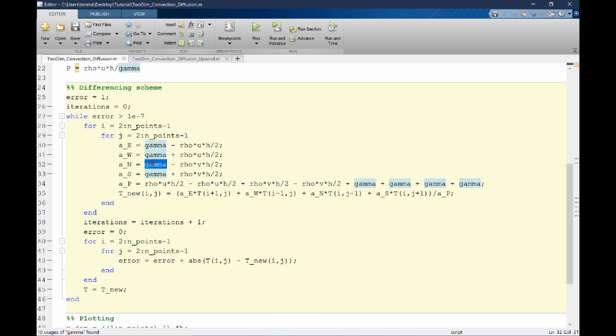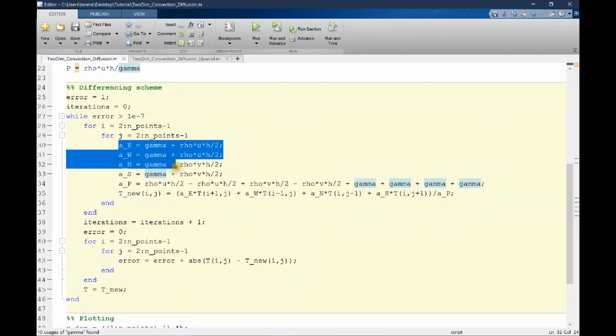The gamma here is the diffusion coefficient, and rho u is equal to 1, but since we want to generalize the problem and not hard code anything in the MATLAB code, we have given these variables their original names, and we have initialized some numbers there, so that in case you want to change the value of any variable, you can do it in the initialization section and not in a hard coded section.